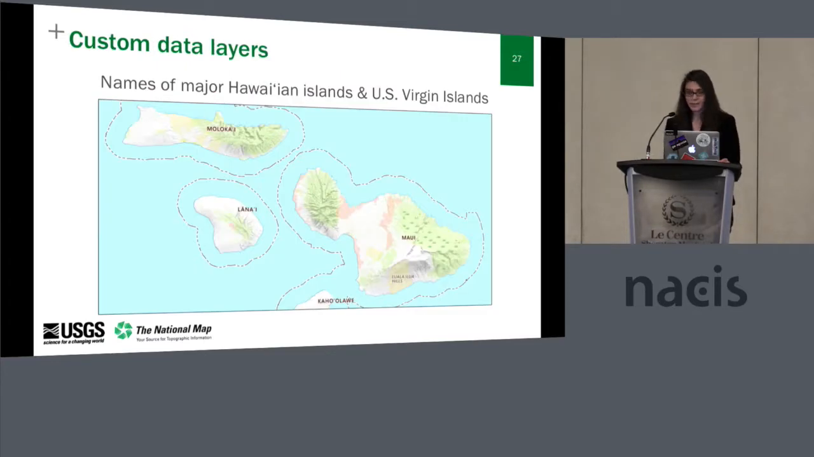So custom data layers. We didn't have names of the major Hawaiian islands or the US Virgin Islands, which is a little bit crazy because if you want to look at Hawaii, you probably want to see the names of those big islands. So I just extracted this data from our islands feature class so that I could pull them out, make them big, and make them persist. Because you don't want to see all of the island names for all those little tiny